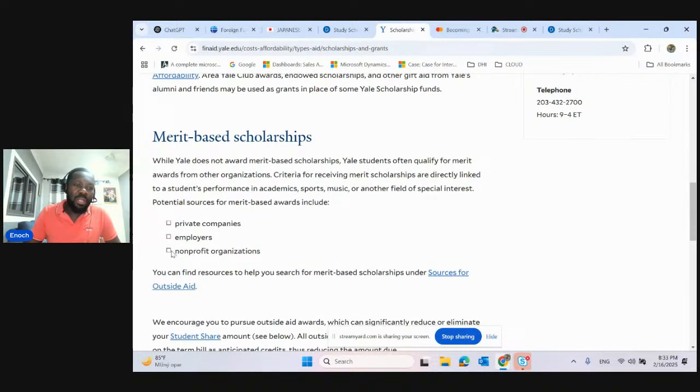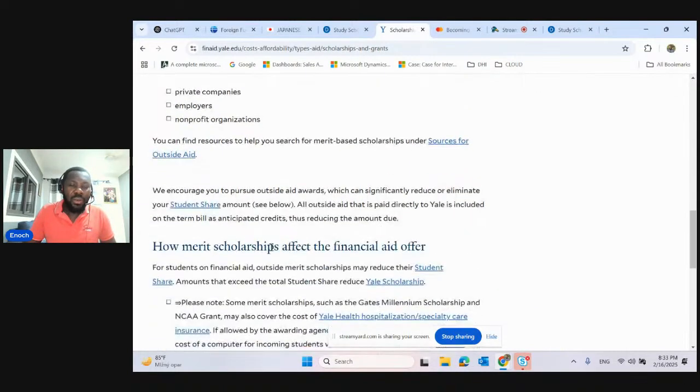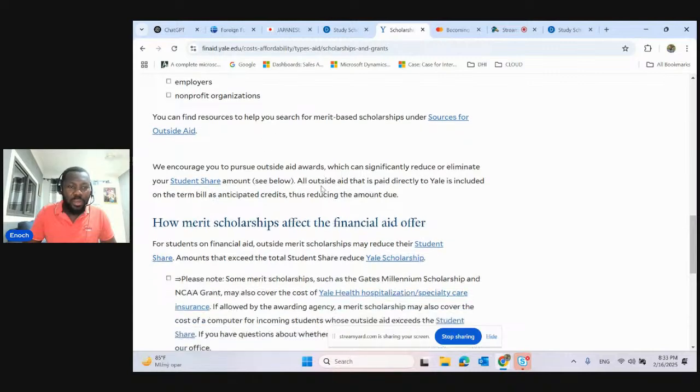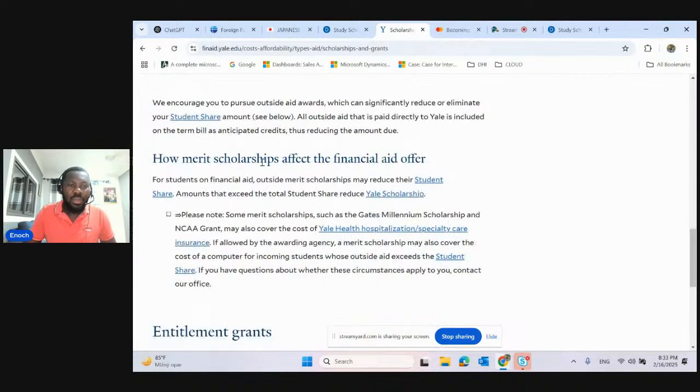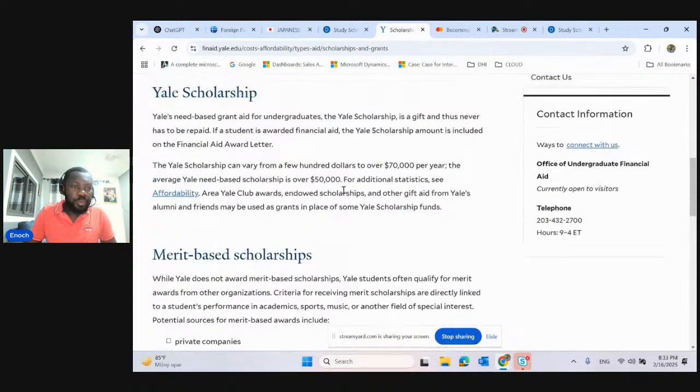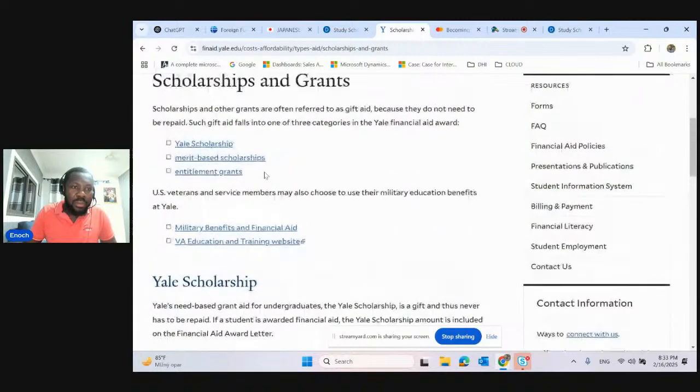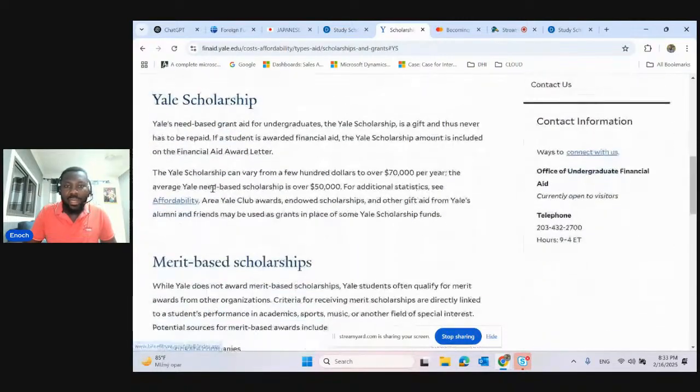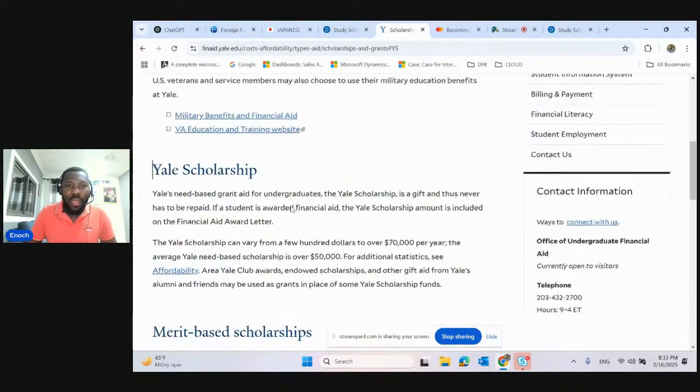So there are private companies giving merit-based scholarships, there are employers giving merit-based scholarships, and then there are not-for-profit individuals or organizations giving these scholarships. So you can know more about how merit scholarships affect your financial aid offer. I am very interested in this detail, and here